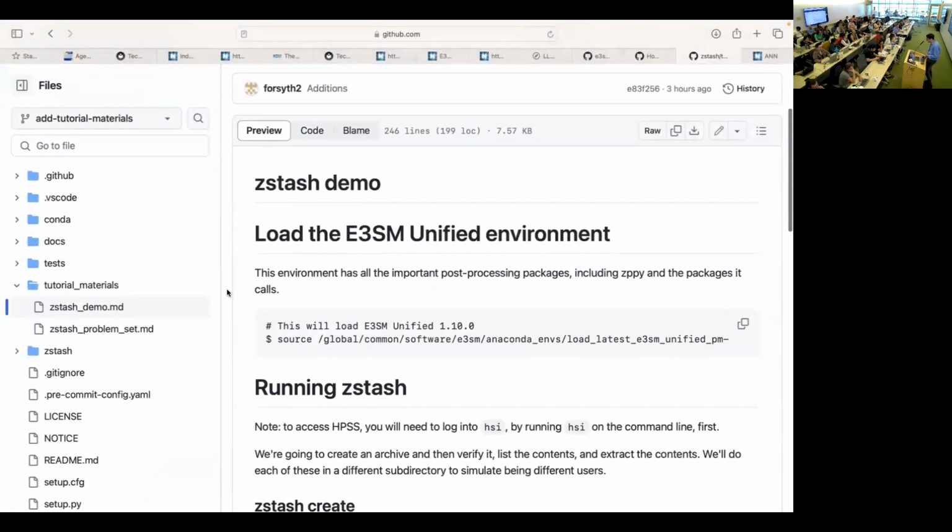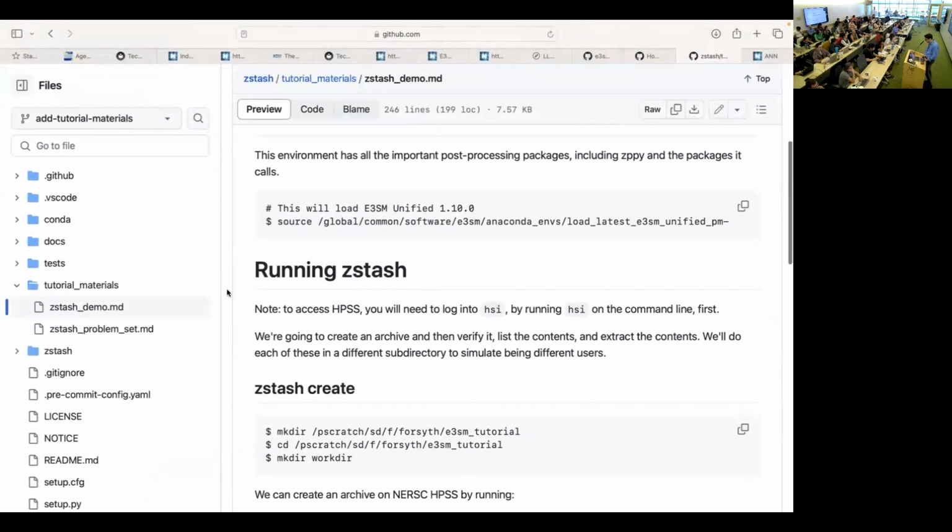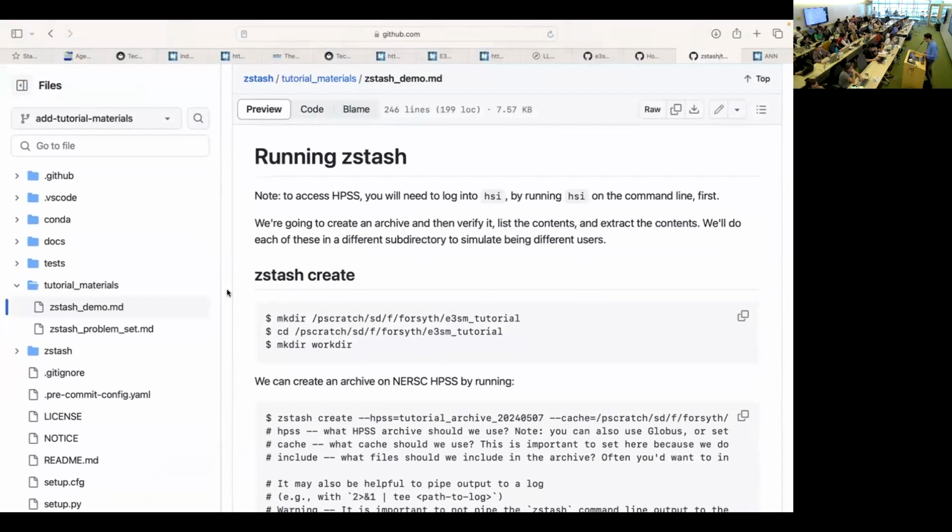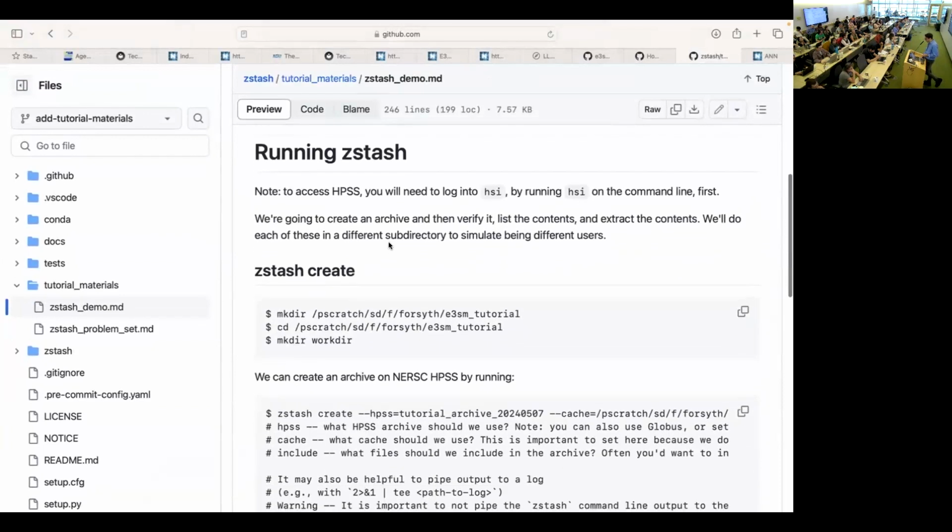Okay, so again, we're familiar with the unified environment. To run Zstash, you want to make sure you have access to HPSS. So hopefully you all have access to the HSI command. If you can log into HSI at the command line, that means that you'll have access. And what we're going to do is create an archive and then run the different Zstash commands